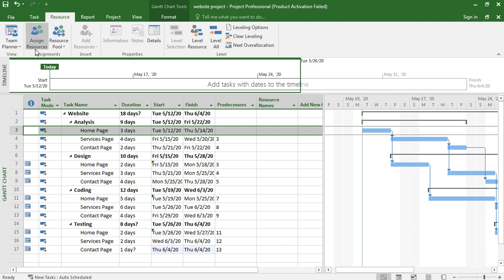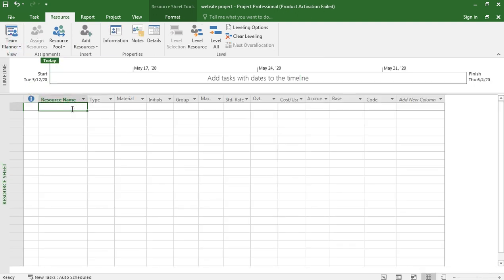Now if you go to resource, this is the resource sheet. For example, the resource name is Ali, and the work type is work, not material or cost.